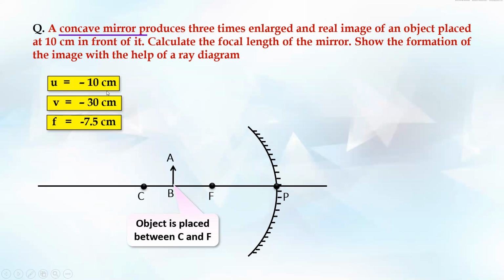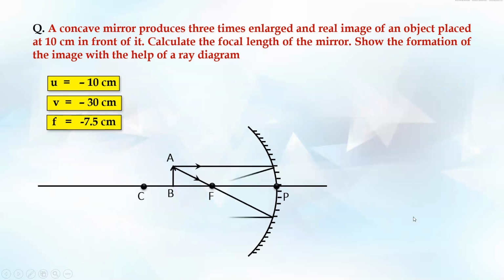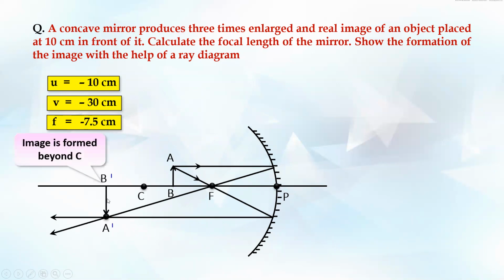Object is at minus 10 left, meaning somewhere between 7.5 and 15. So if you go, it intersects somewhere here. So this is the image form. The image distance is what? The image distance is 30. So from here you can simply mark it out. From here the distance is 30 centimeter. So that's how. This can be a 5-mark question, right? A sum as well as a diagram for it.